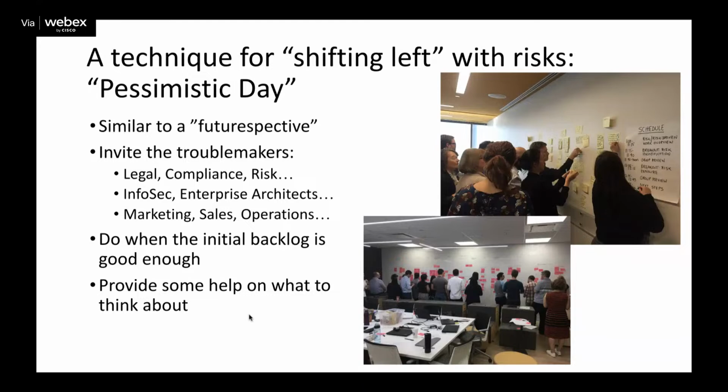We need to give them some visual cues about how to identify the kinds of risks that we're talking about. And so you can see on the top right, there's a little bit of a schedule of how this works. People are all identifying risks, and you see that they're dot voting. I'm going to talk about the dot votes in a second. And on the bottom, that's the people initially identifying risks.